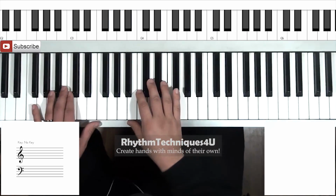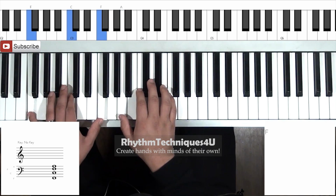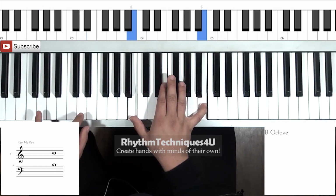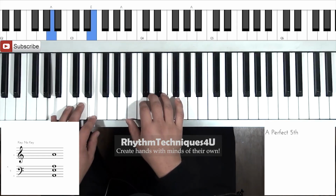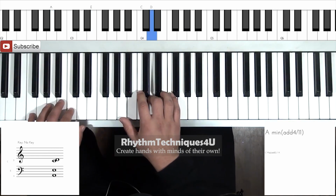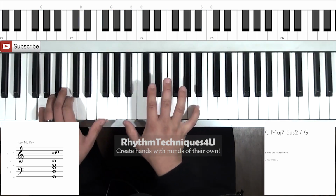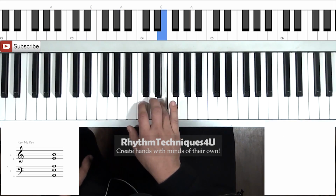So with the left hand, it would sound like this. So the octaves happen right when the G hits. And then right back to it. Forefinger on this E here, and you go to that A minor then. And then